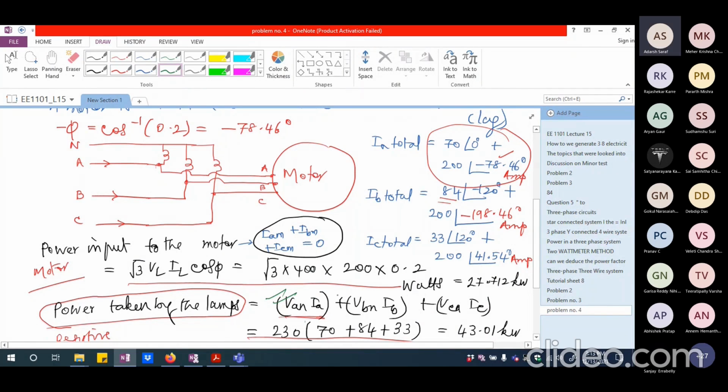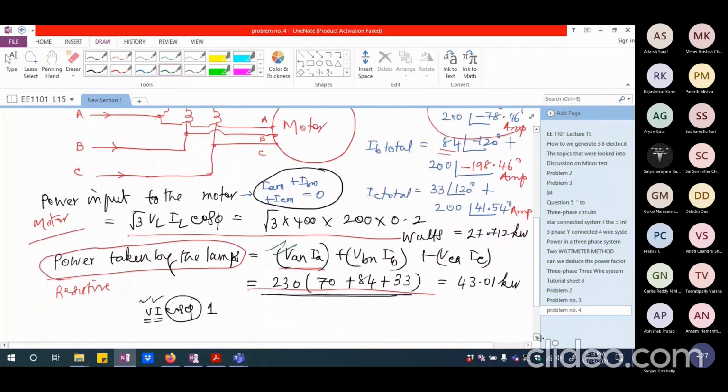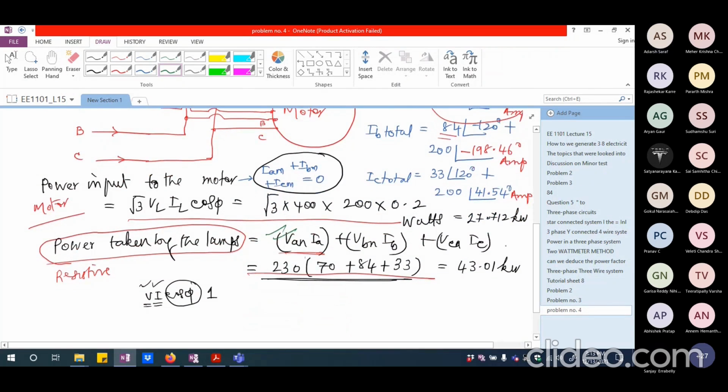Ma'am, so if we are asked for the total of the motor and lamp, we should do it like that. No, even now you can just add the two powers. Powers are scalars, average values. I can simply add these two. No problem. If I am asked what is the power taken by only A phase, then also I can say